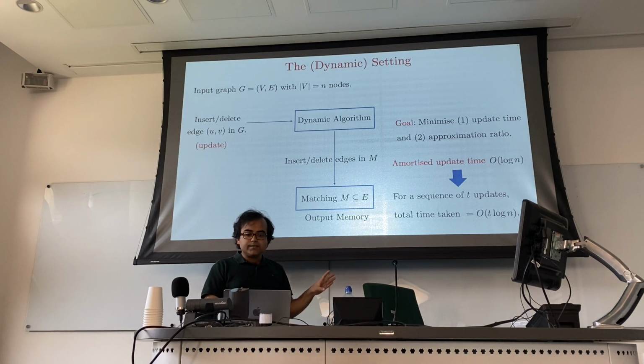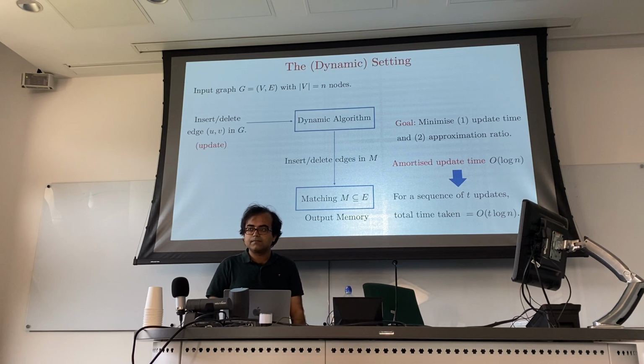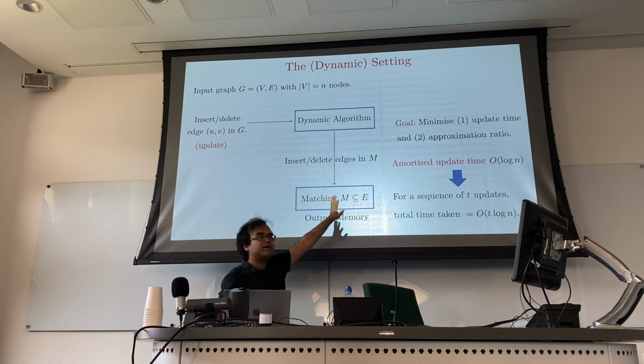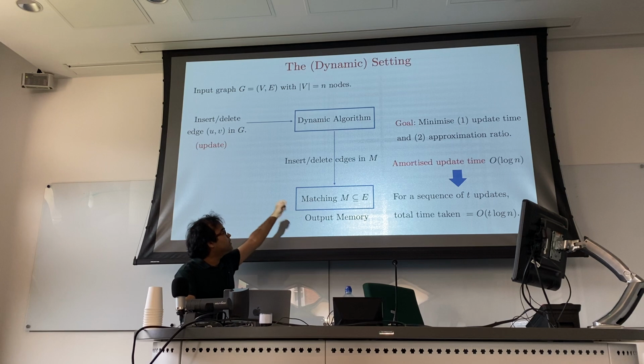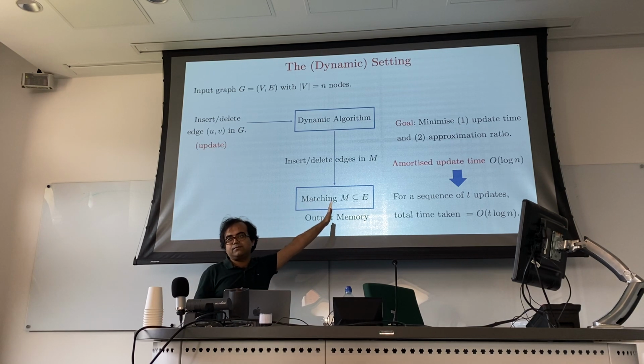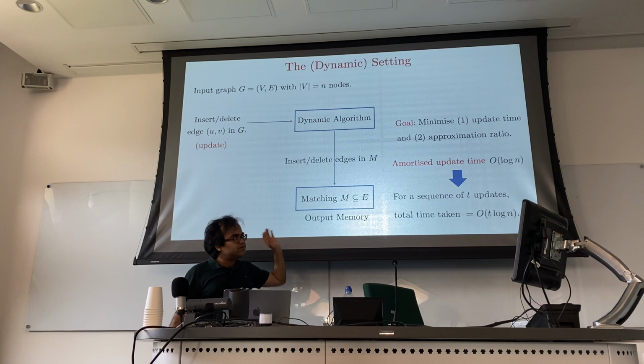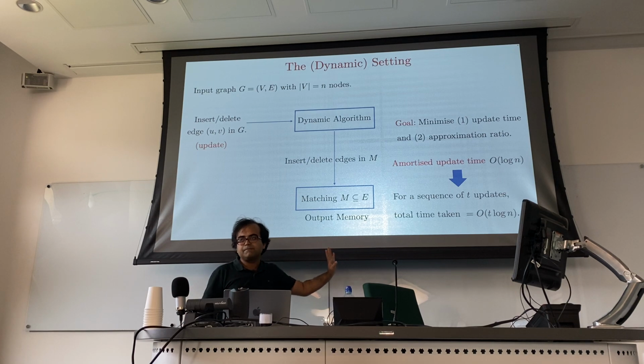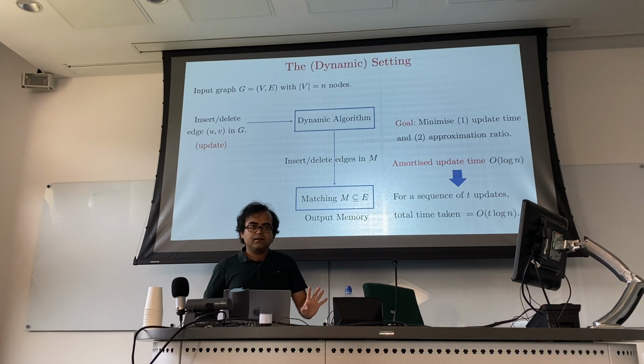Okay. Any question regarding the problem setup? So you're not really talking about the initializing thing, which I suppose because you can just add edges one at a time, right? That's a very good question. For the initializing thing, without loss of generality with the amortized update time setting, you can just assume you were starting with an empty graph. Because if you start with a non-empty graph, just insert those edges one at a time. Okay.